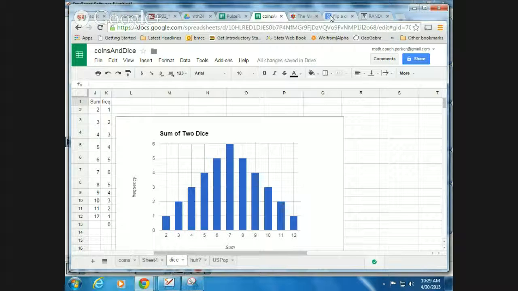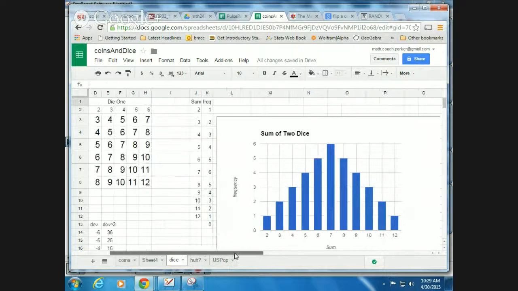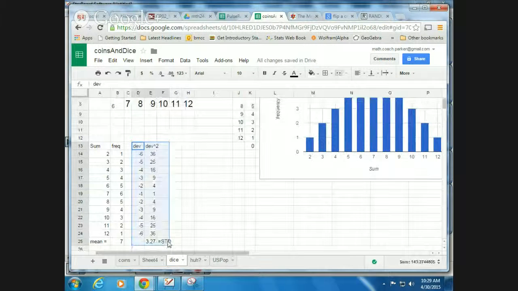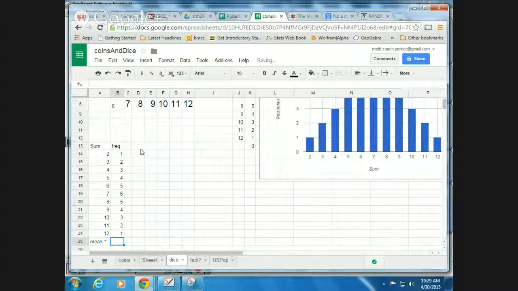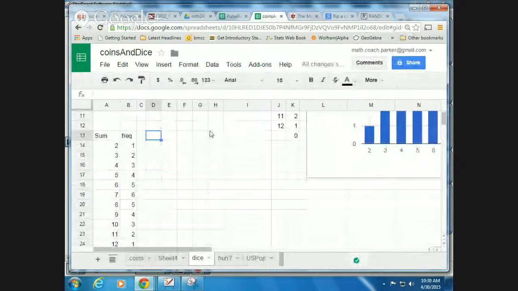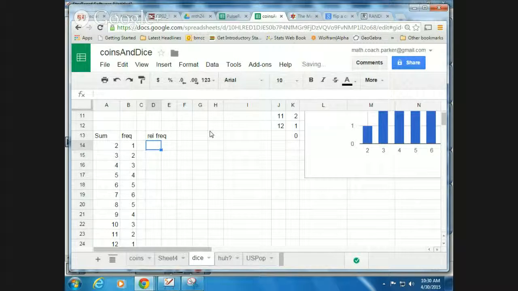Okay, so playing around some more. Let's see. I did some other stuff here. Let's delete this and redo it. And delete that. All right. What we're going to do a lot more besides frequency, and not density, is relative frequency. We'll do that more often than anything else. So I'm going to calculate some relative frequencies here. Let's blow this up so it's more visible. Let's call this relative frequency. To do that, I take whatever number the frequency is and divide by how many things could have happened,